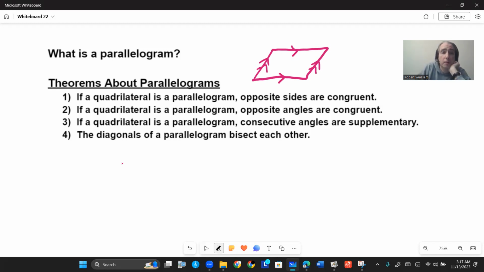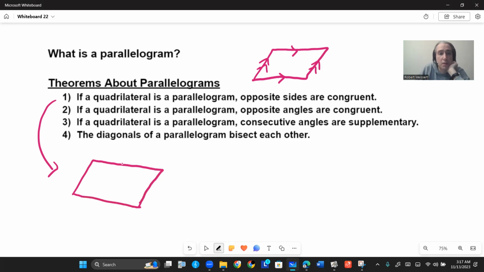First of all, one of the big properties is that the opposite sides in a parallelogram are going to end up being congruent to each other, and that just means that they're going to have the same length. So if I have a parallelogram that has two sets of opposite sides, those two will be equal to each other in length, and so will those. Property two,